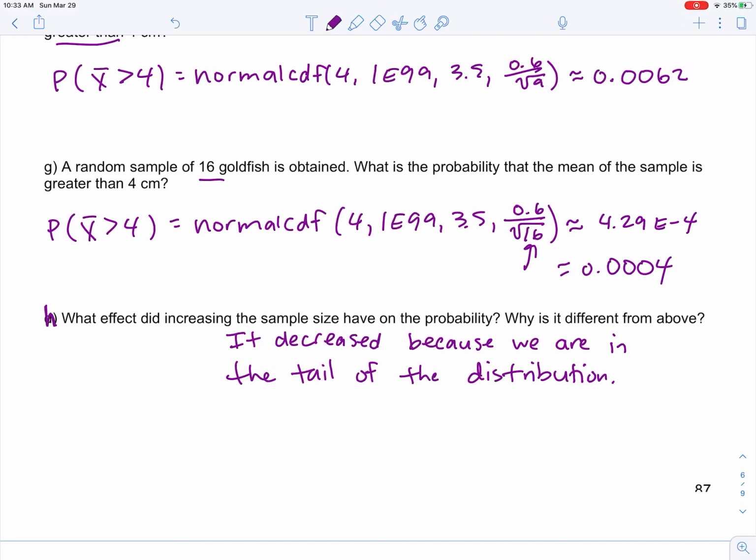So this is also a good thing to note, because what this is telling us is if we were using a sample mean to approximate the population mean, we would be really unlikely to get something as high as 4, which is good because we know that the sample mean is 3.5. So we certainly wouldn't want to approximate it with a value like 4. 4 isn't really reflective of the actual population. So it's unlikely for that to happen, which is good. It's kind of giving us a reason to trust a statistic